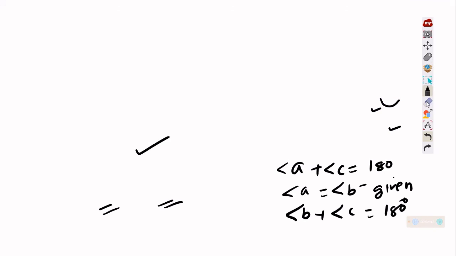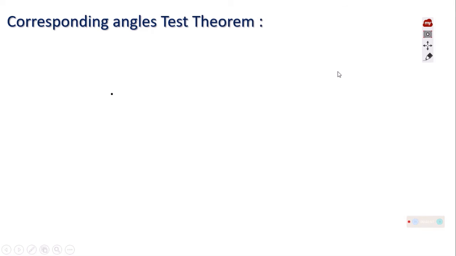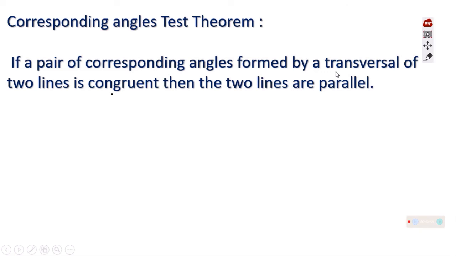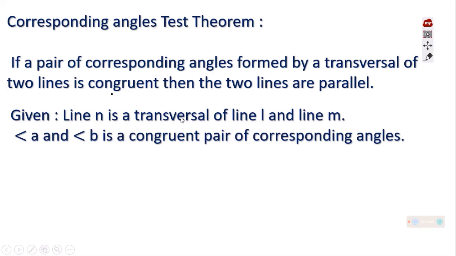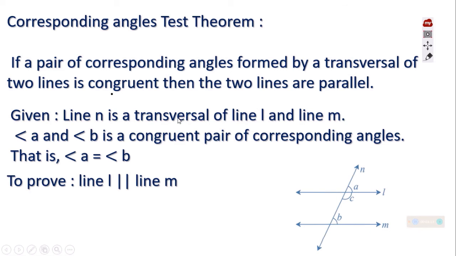Okay, there is one more thing related to this that I will show you before ending the video. It is the corresponding angle test. In the same way, if the corresponding angles are congruent, then the two lines are parallel. There is a transversal and the corresponding angles are congruent. We will take the textbook diagram. Here the corresponding angles are A and B. If it is said that they are congruent, then naturally the lines are parallel.